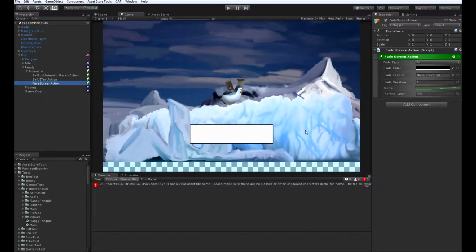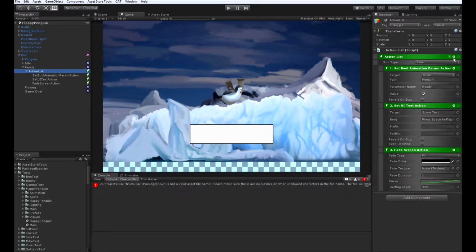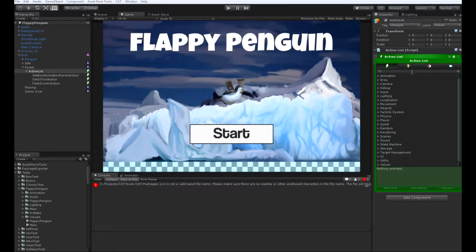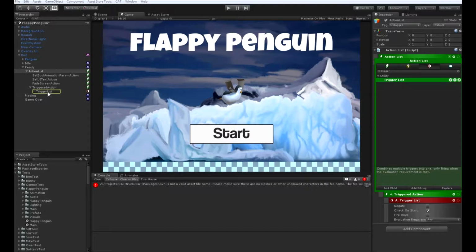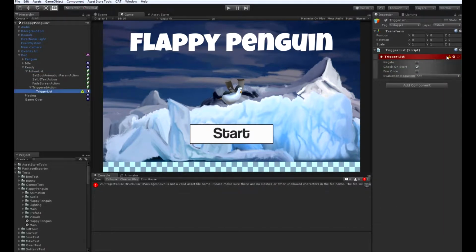and then move us on to the next state when that trigger has been fired. To do that, we're going to add a trigger list underneath our action list. A trigger list is just like an action list, except instead of executing multiple actions, it listens for multiple triggers and then executes any actions depending on if those triggers fire. So underneath our trigger list, we're going to add